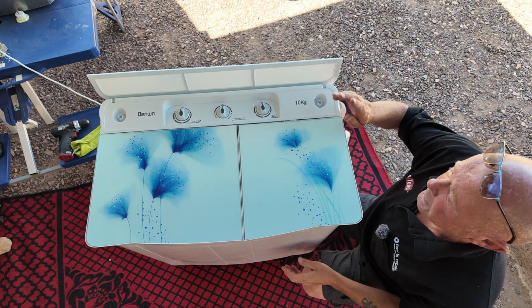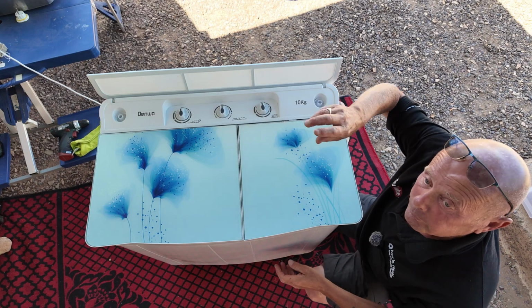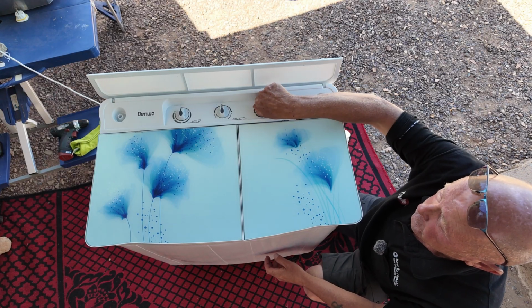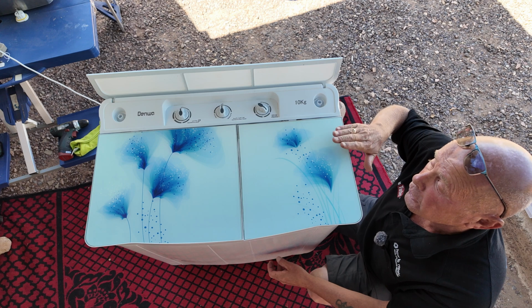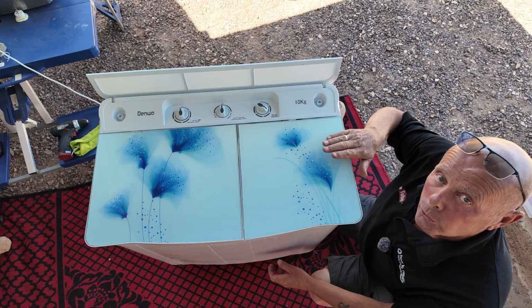Now when it comes to the spin system, you've only got a couple of faults that can occur. Firstly, you're turning the machine on and you're hearing a humming sound. This again could be a capacitor fault. It is possible that you turn the machine on and it's not getting to RPM. This could be a problem with a badly adjusted brake, a weak motor, or the actual load in the machine